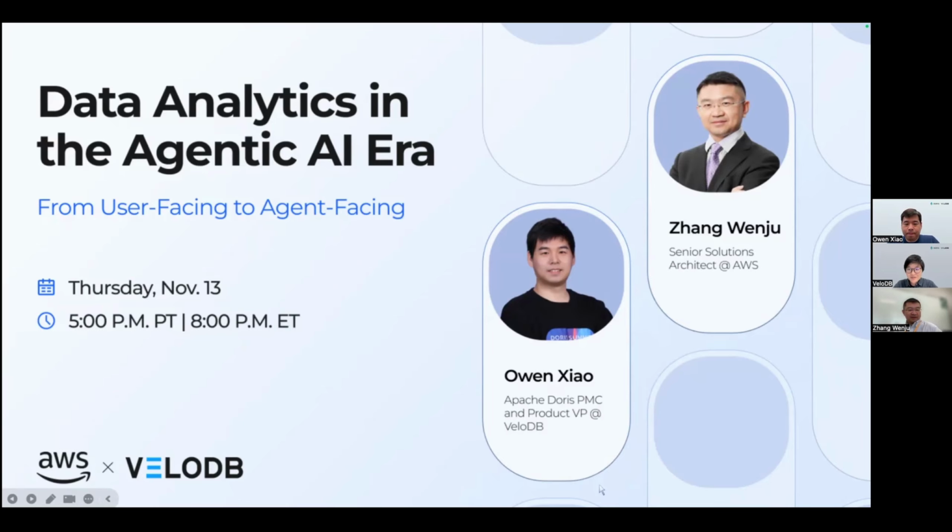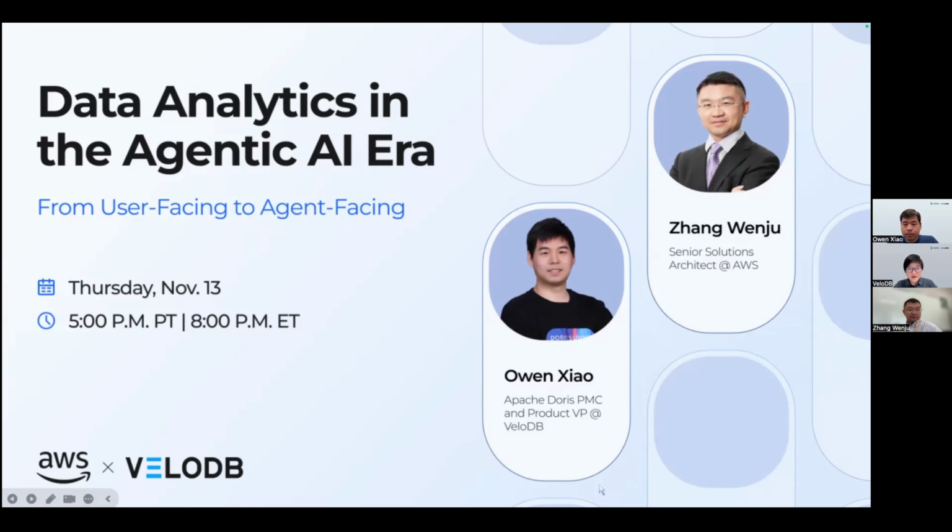So in today's session, Owen will first talk to you about Apache Doris 4.0 and its new AI capabilities, including vector search and AI functions. These new features are essentially built to help you to do hybrid search, basically combining full text search, vector search, and structured analytics all in one unified SQL engine. So consider it as a one-stop shop data infra for handling AI and agentic workloads.